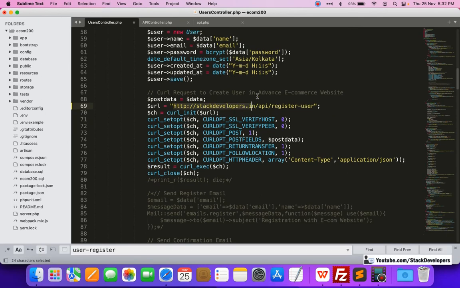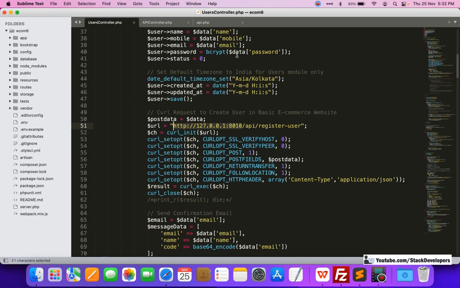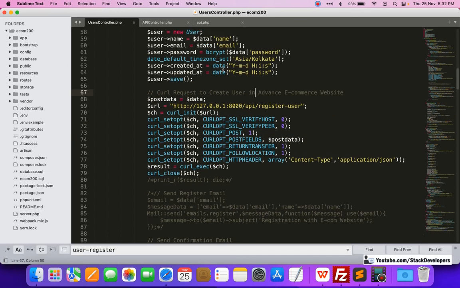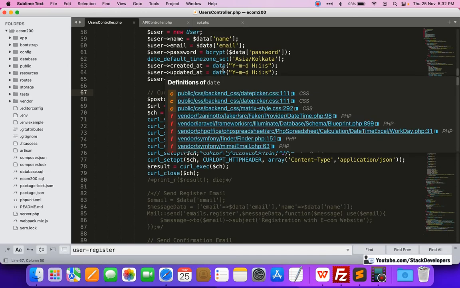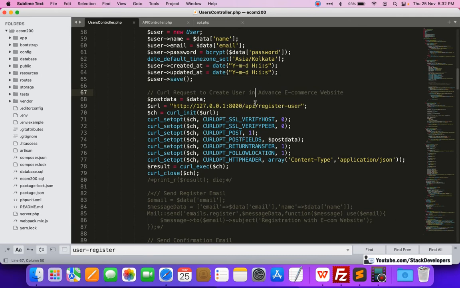I will undo once again because offline it is not required. Only a few changes are there that we have made. These three files: user controller, API controller, and api.php. In both the websites we have made the changes in these three files, and no other change is required anywhere else.